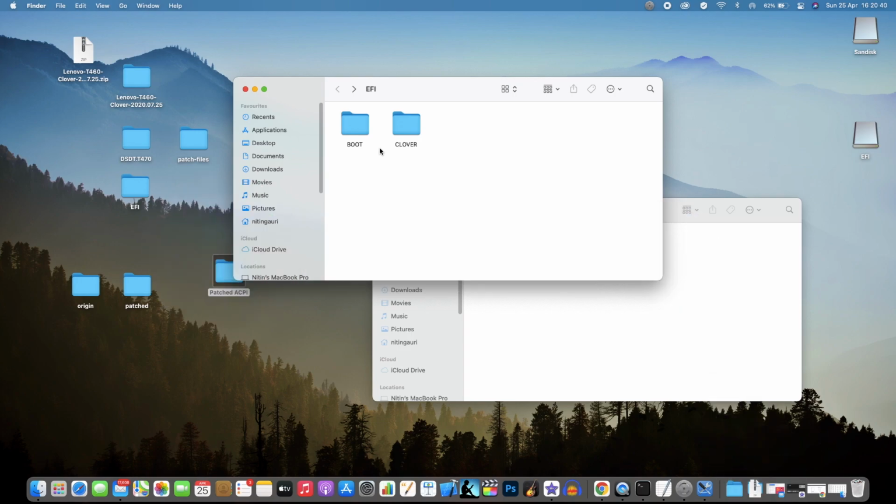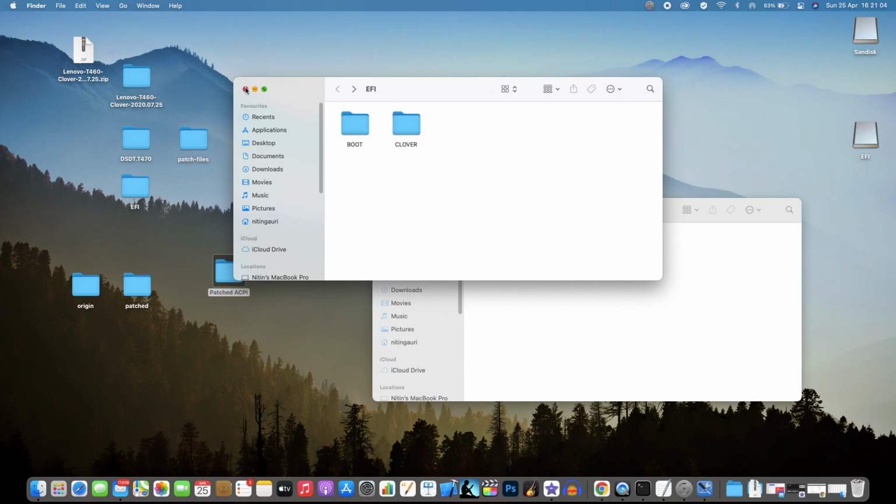Okay, so that's it. You have the patched ACPI, and you have your battery working, you have your brightness working, function keys working, you have your sound, SD audio working, everything working. For any questions and queries, leave the comments below.